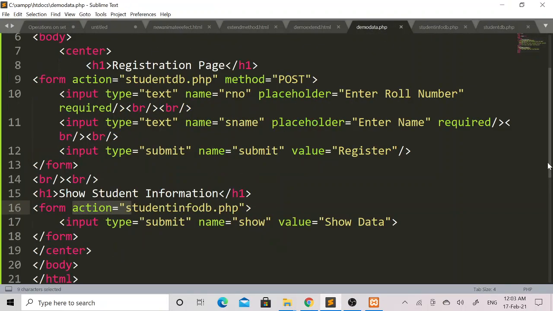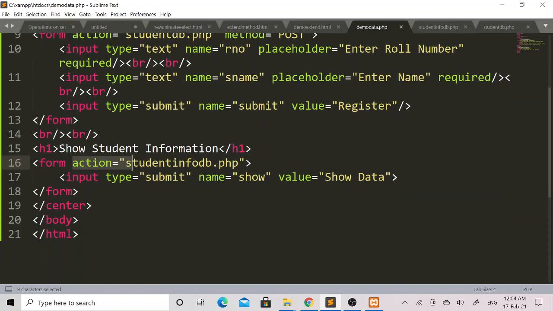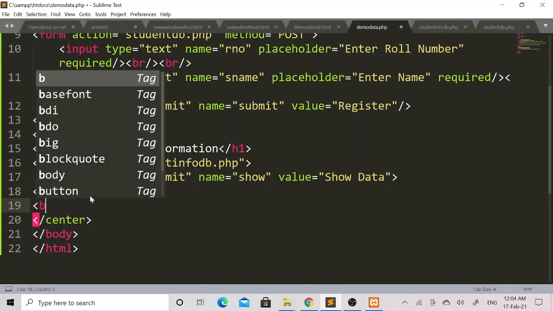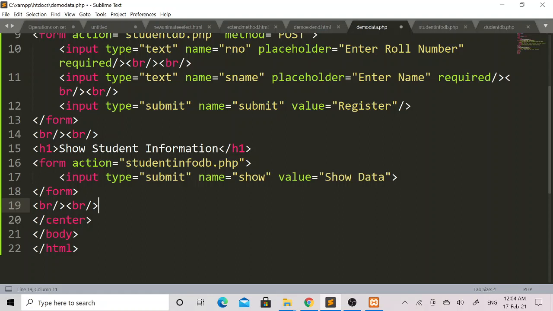Then in demo data.php, after the student information form, I will give two break tags. Then here I will add another heading using the h1 tag. Here I will mention update information.